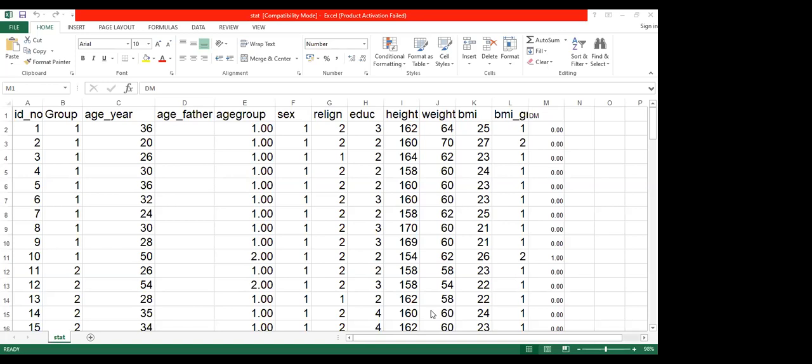How to prepare your database in Excel: you start from the first row, first column for naming of the variable. And the first row is exclusively meant for naming of the variable. Okay. And use only one row for naming of the variables. You should not use 2 rows.